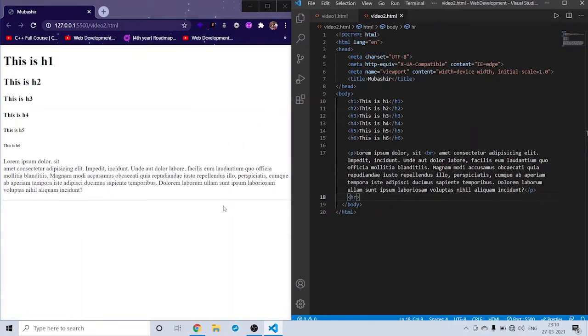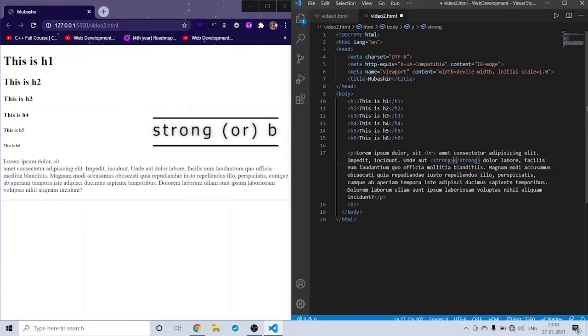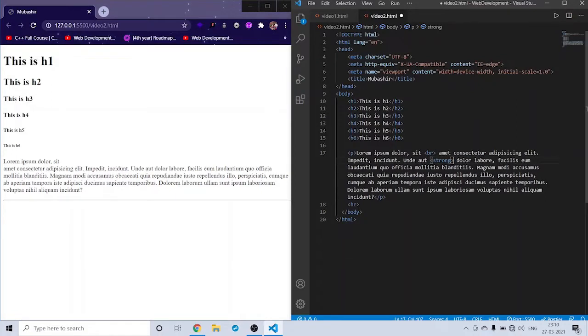Okay, and the next one is, I didn't tell you about this, but this is also important, a strong tag, which is strong. I will cut this part, the end tag, and I will place it here somewhere, and I will save this.